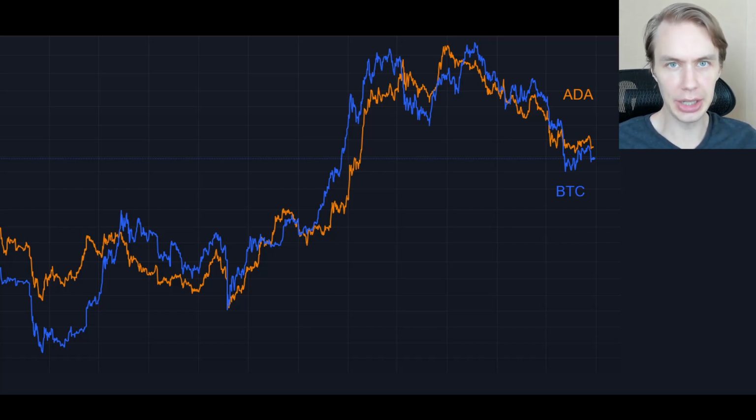So with any kind of altcoin in the crypto space, generally speaking, they're going to be heavily correlated with Bitcoin. And we can see this in this chart that I'm showing you here very clearly, right? I've kind of lined up these log charts of the ADA price here in orange and the Bitcoin price here in blue, lined them up at the March 2020 lows. And you can see just how much they tend to move together. Generally speaking, when Bitcoin's doing well, ADA did well. When Bitcoin isn't doing well, ADA's not doing well either.